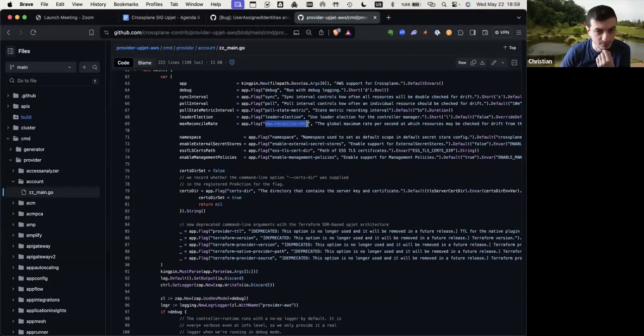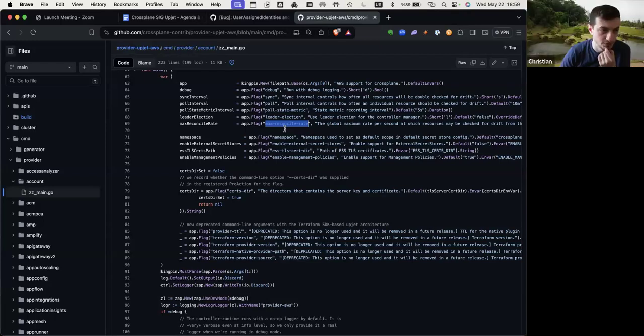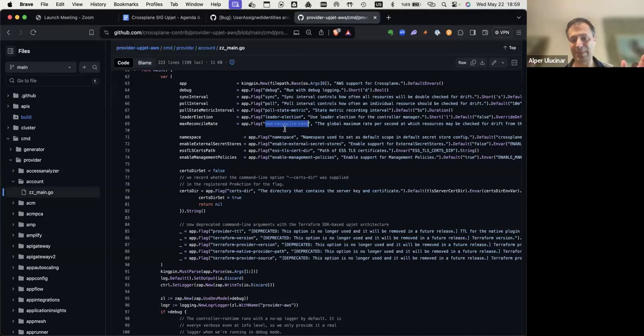This max reconcile rate parameter also controls the parameters of this rate limiter. If you increase max reconcile rate, the rate limiter will limit less, and if you decrease it, it will limit more. But of course, we still need to reconcile all those resources, right?